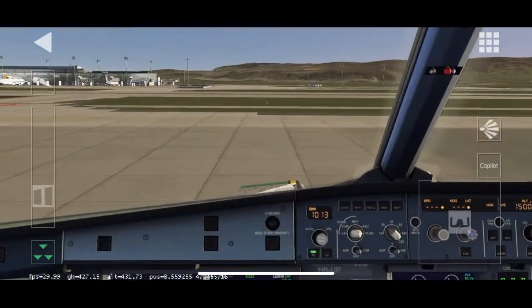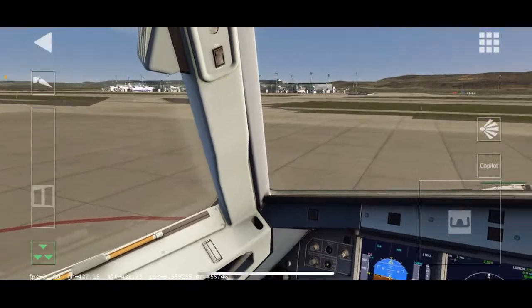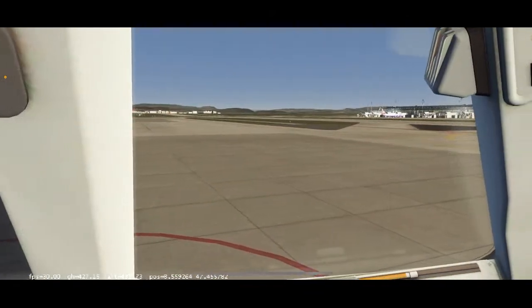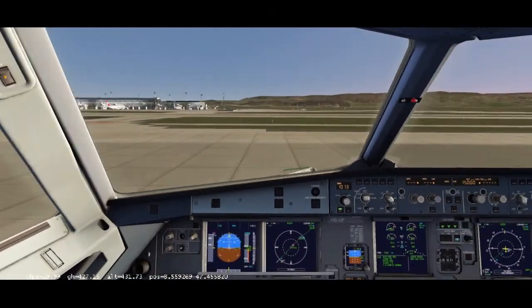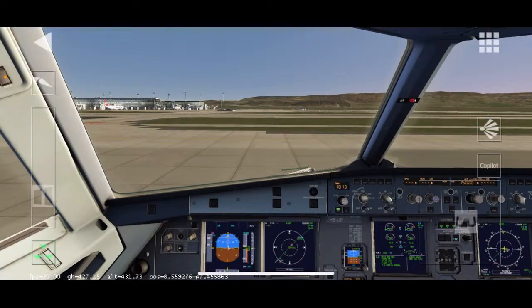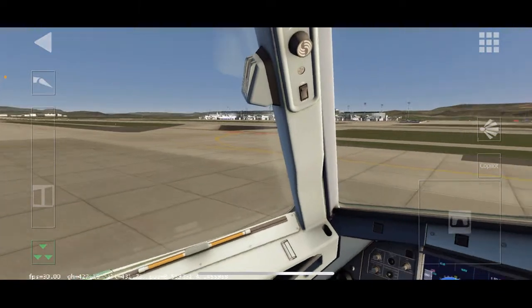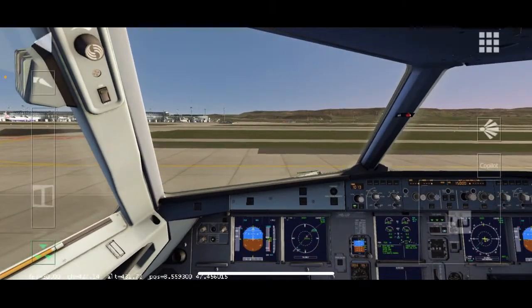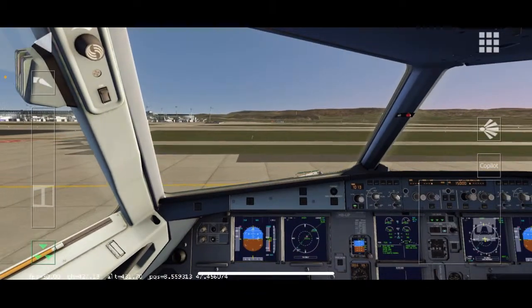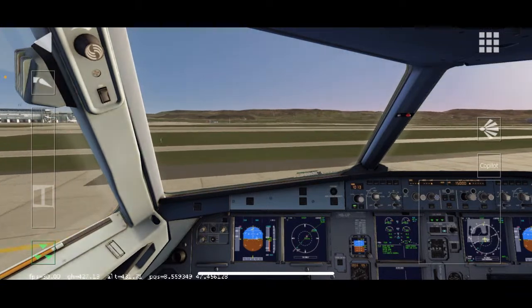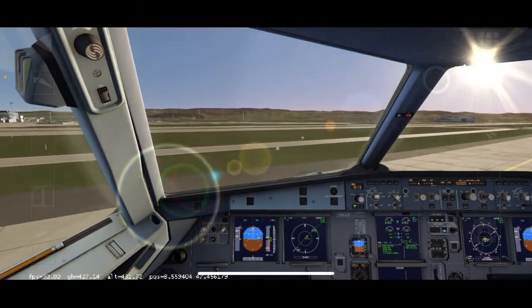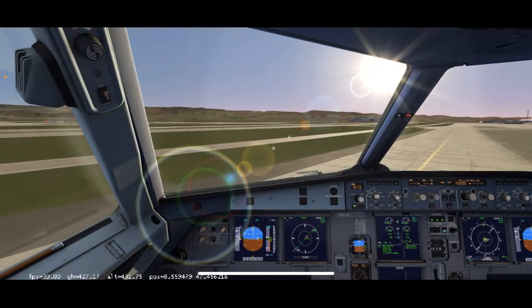Perfect. Alright, now what I love about Aerofly is that they have sloped runways. I know it doesn't look like this is sloped, but it is sloped, and you will start to pick up speed if you go too fast. So we're going to be taxiing on over to the runway, which is on our right, because we just saw that aircraft landing that way.